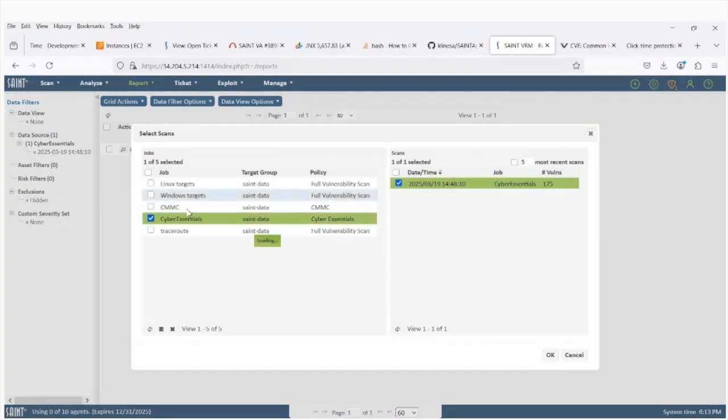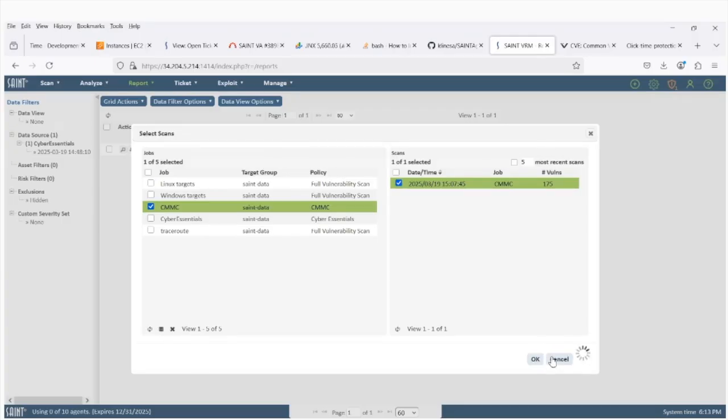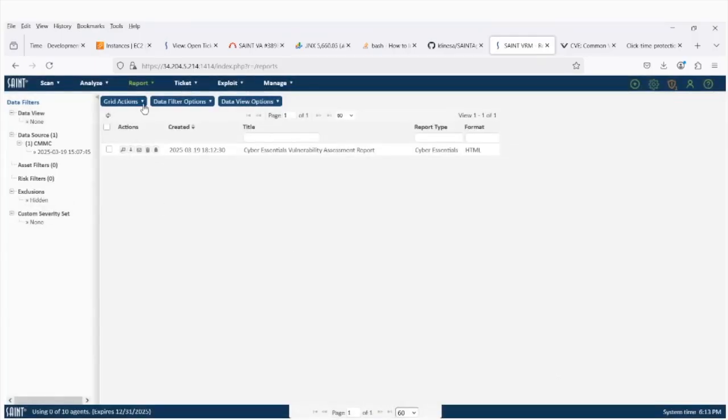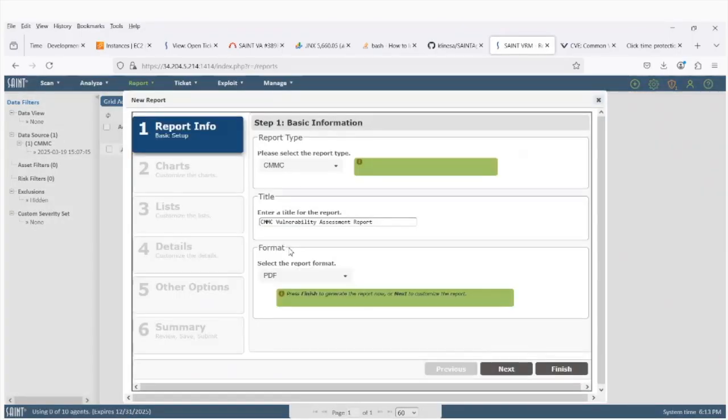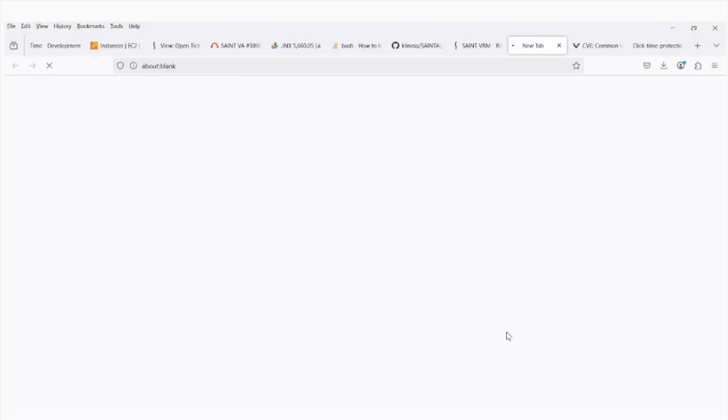And we get the same thing for CMMC as well. So if I want to choose the CMMC scan, which was run before, click OK there to create the report. And CMMC, which is another new report template, has been pre-selected for us since this scan job used the CMMC scan policy. And then once we generate that report,